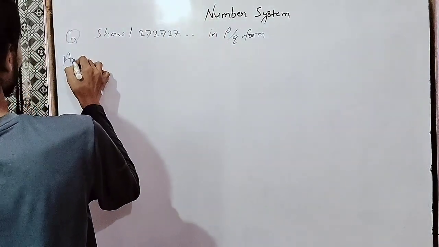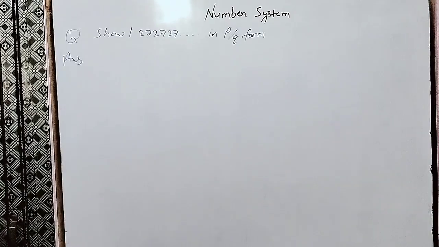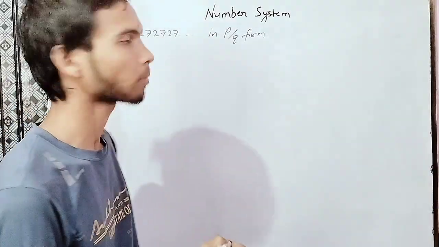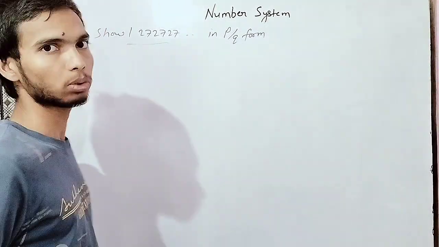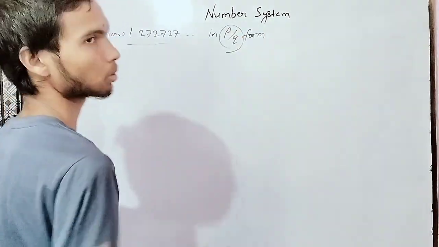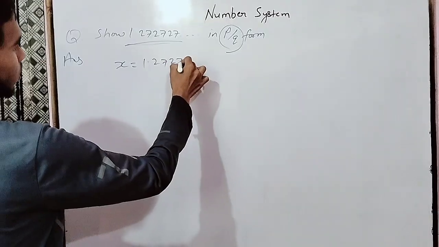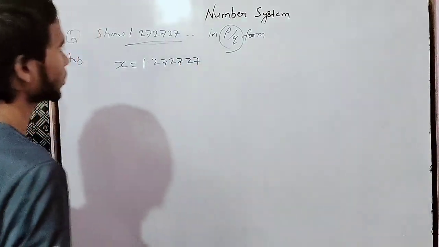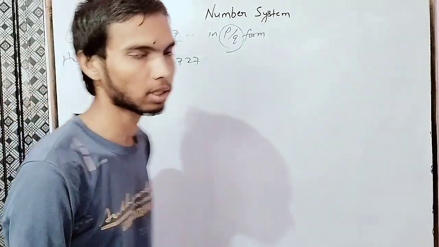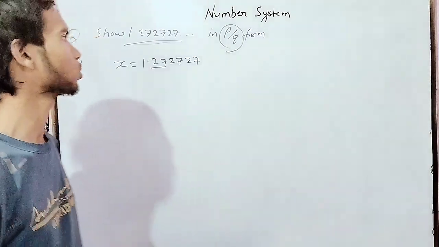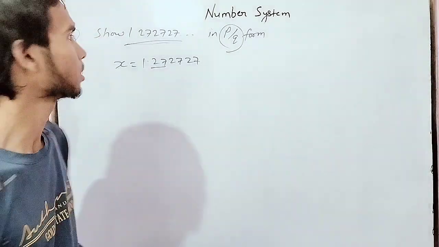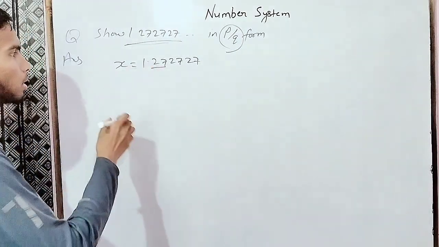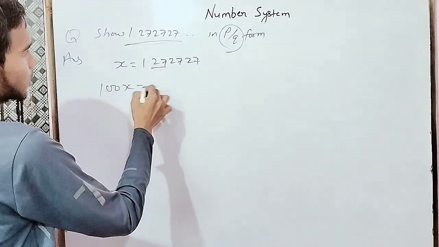This is the question. Look, we have to convert it into P upon Q. How? Just write it. Okay. Now these two numbers are repeating. These two numbers are repeating. So you have to multiply by 100 on both sides because two numbers are repeating. So 100x and now